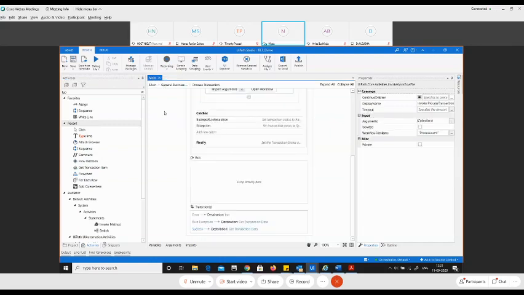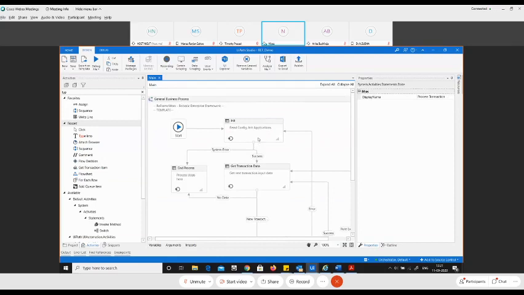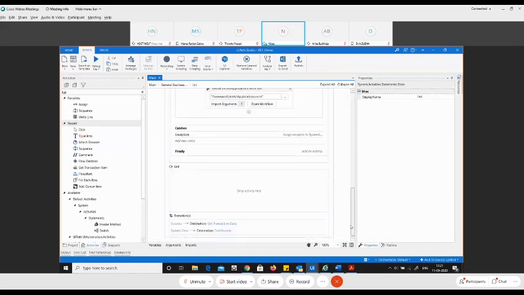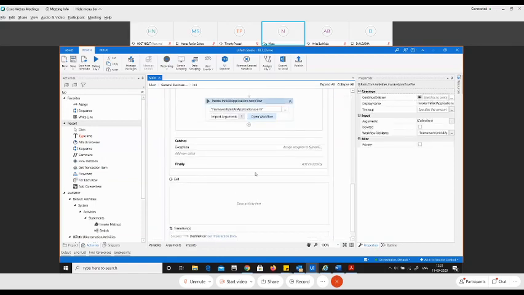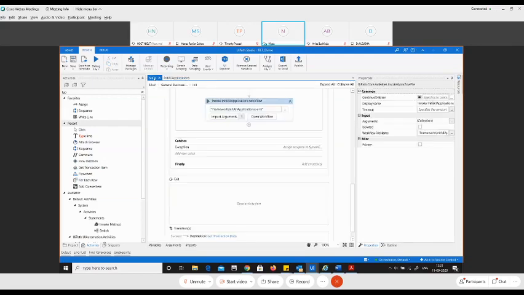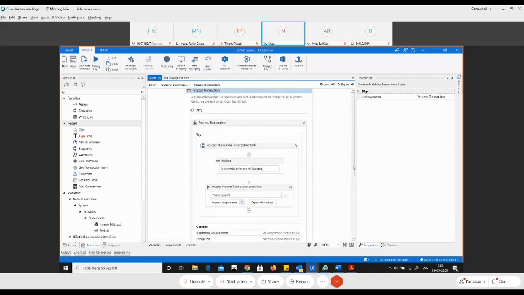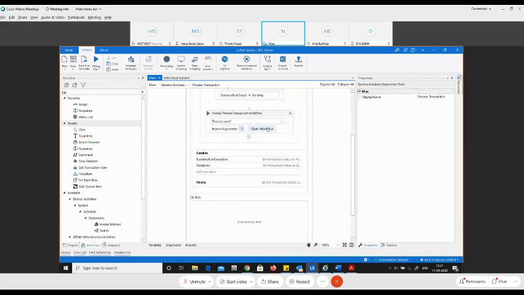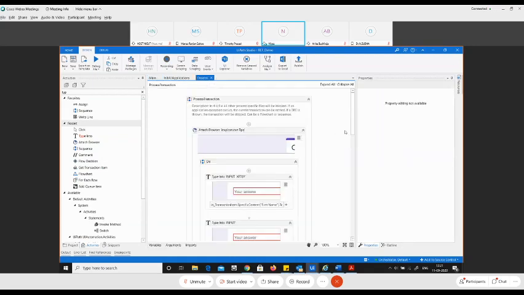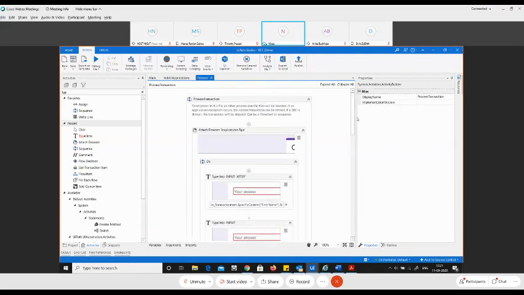So let me open up the initialization file. In the initialization file, we'll make sure that we are opening up the website. So yes, here you go. The website is opened up, and we are fetching the transaction item. Everything is fine over there. And in the process transaction, we will call the process.xaml file. And in the process.xaml file over here, we have specified each and every record perfectly fine.